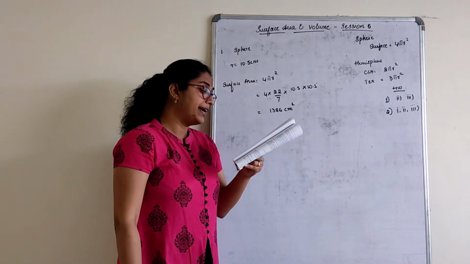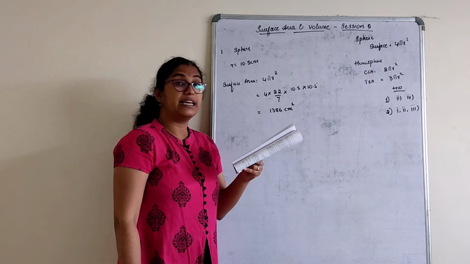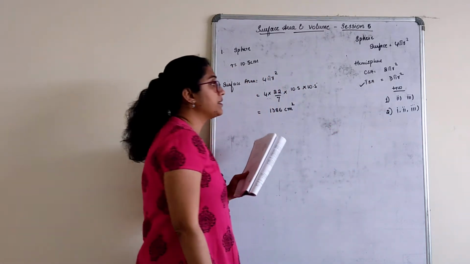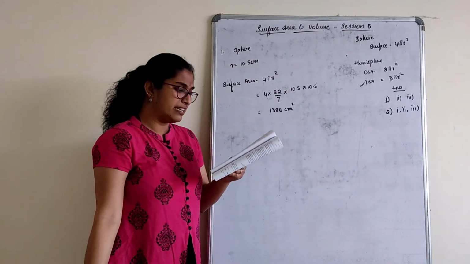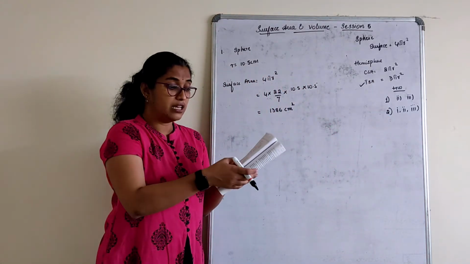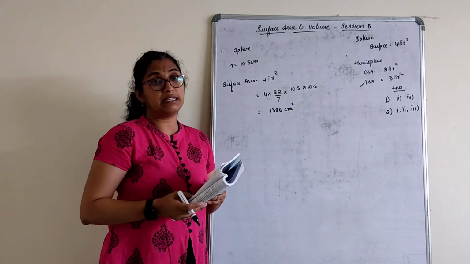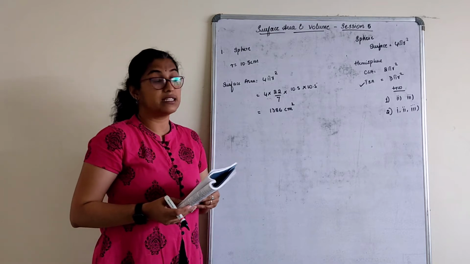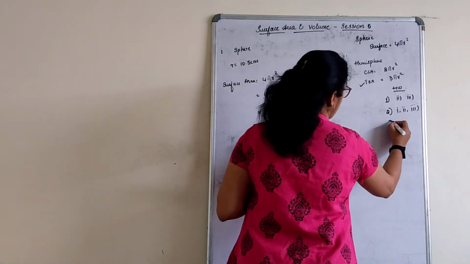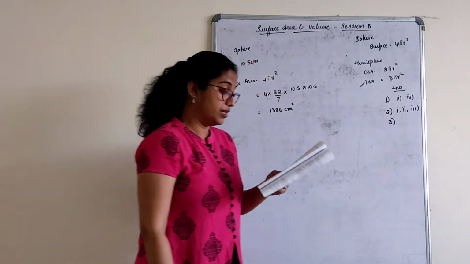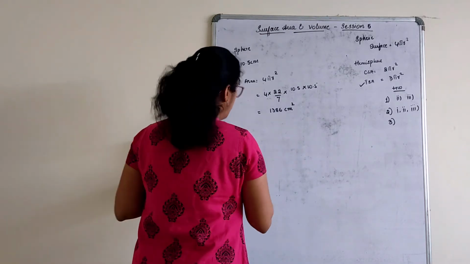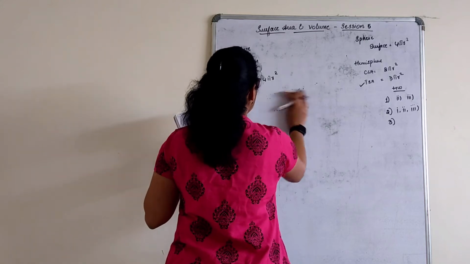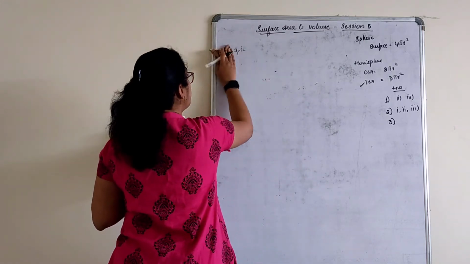Third one, find the total surface area of the hemisphere. Total surface area of the hemisphere is 3 pi r square, a direct sum whose radius is given. Use pi as 3.14. Instead of 22 by 7, use 3.14. The third one is marked as homework as well. We'll start with the fourth one. Don't use 22 by 7, instead write 3.14.